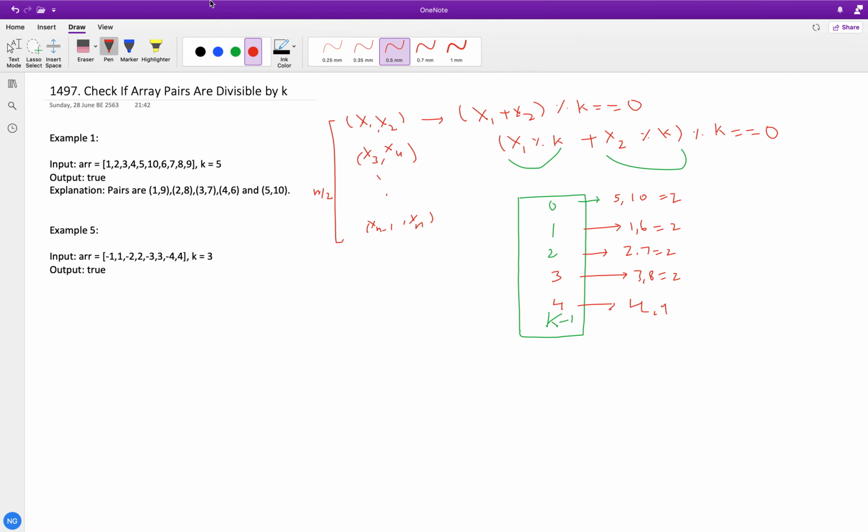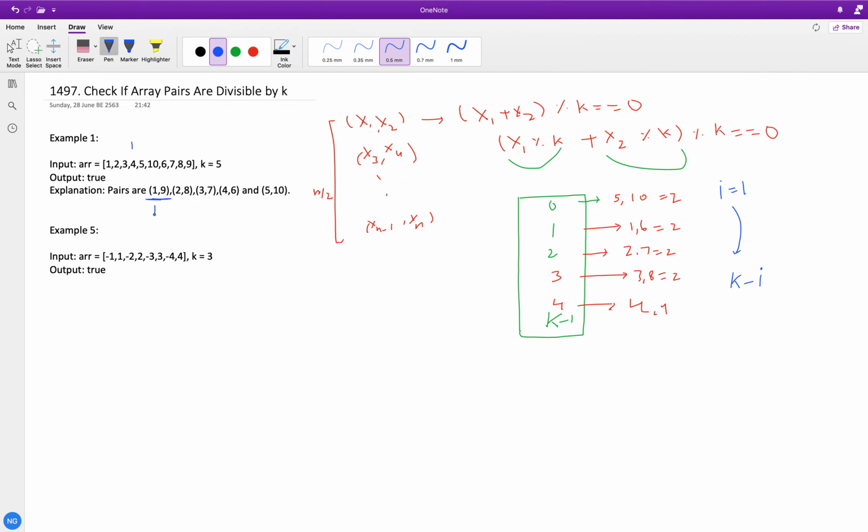Once we have the modulo counts, we process the array and check, starting from i equal to 1, that the frequency of modulo i should be equal to the frequency of modulo k minus i. Why? Let's take the pair 1 and 9.